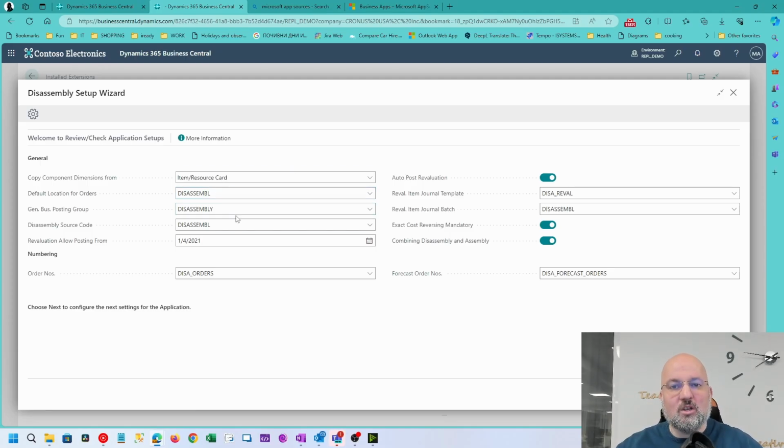We use a special general business posting group to allow for different posting setups. There's a different source code applied to entries. There is a revaluation allow posting from date, so this will mirror the functionality of the inventory posting periods. The idea being that when we are allocating the cost of the components calculated based on disassembling the main